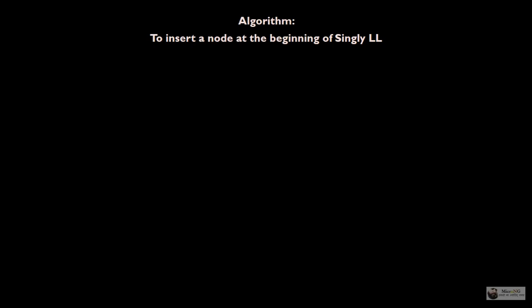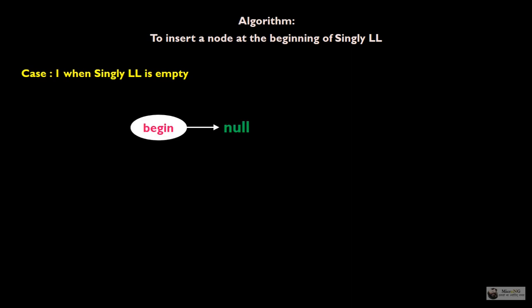Algorithm to insert a new node at the beginning of a single linked list. Now there can be two cases in this case. First, the case where the single linked list is empty, so begin is pointing to null. So what we can do to insert a new node at the beginning of a single linked list when the single linked list is empty,